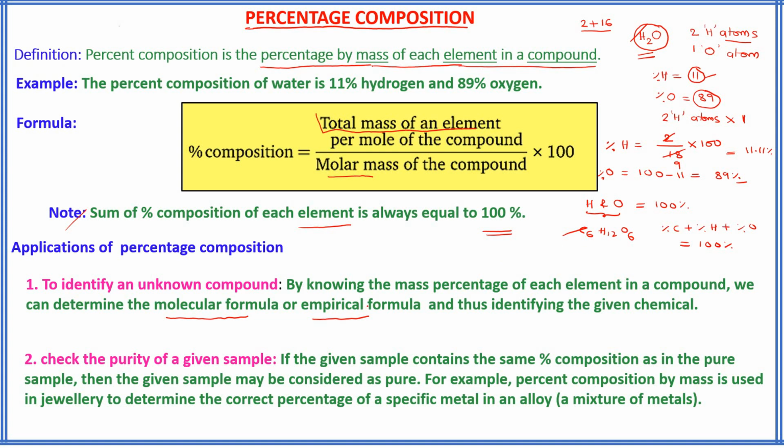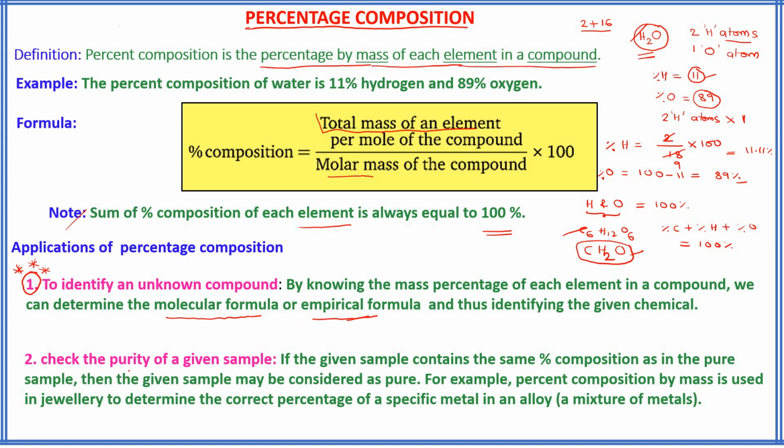What is empirical formula? Simplest ratio. For this one, the simplest ratio will be CH2O. This is the simplest ratio. How to calculate this simplest ratio we'll take in the next class, but anyhow I have given this one. So we can calculate the empirical formula and the molecular formula. How? That we will discuss in the next class. There are a number of problems for this one. In examination also you will get problems to calculate molecular formula and empirical formula.